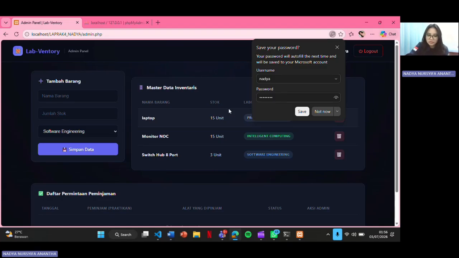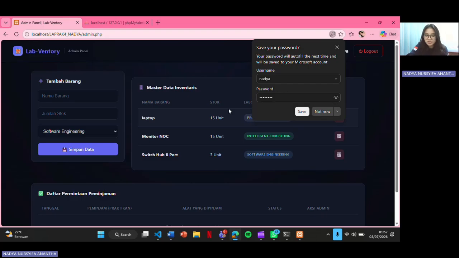If someone tries to access this page without logging in, or logs in with a role that is not admin, the system automatically redirects them back to the login page. This is checked through the PHP session on every page load.